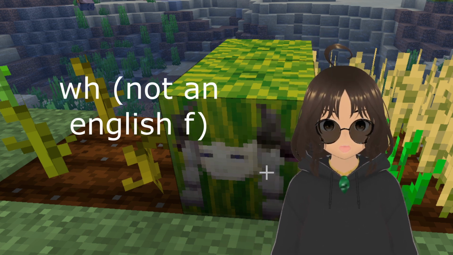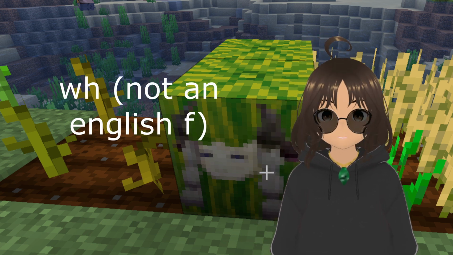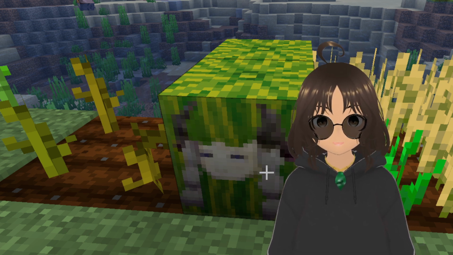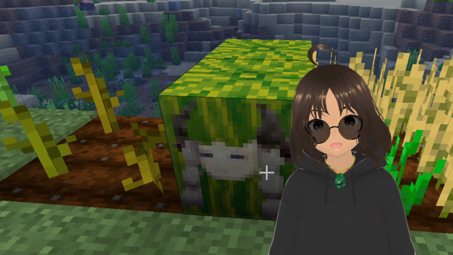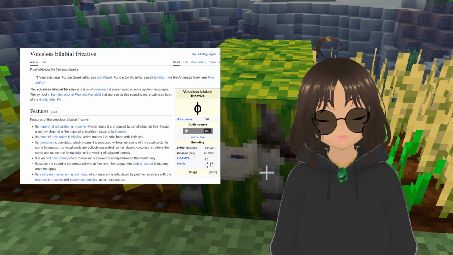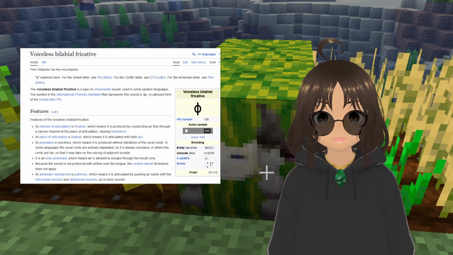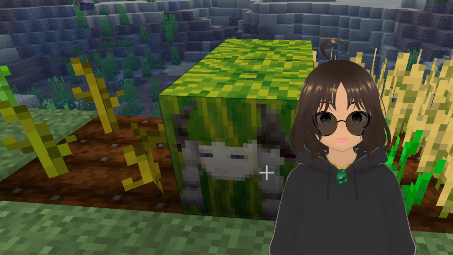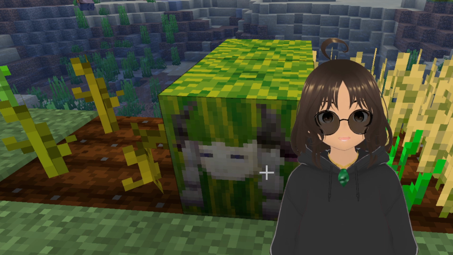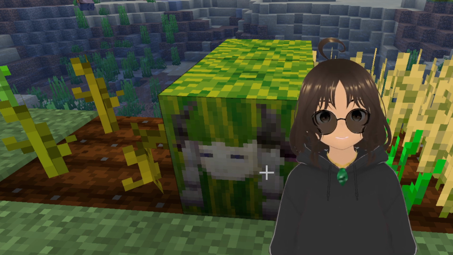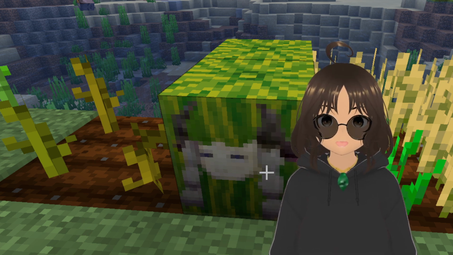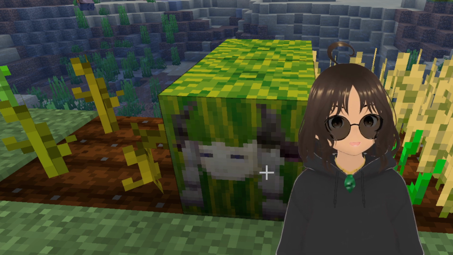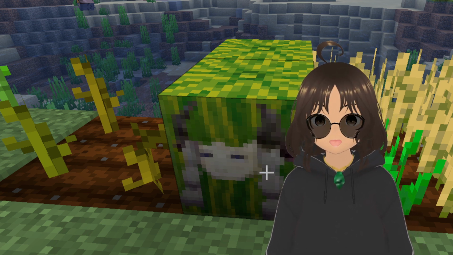It's not like an F. That's what some of the youngins nowadays be saying, but it's not actually an English F. It's called a devoiced bilabial fricative. That sounds way too fancy, but basically it's like the Japanese F. It's kind of in between an F and just blowing. Do like an F, but make your lips do a P. That sounds weird. But put your lips close together and push out air.